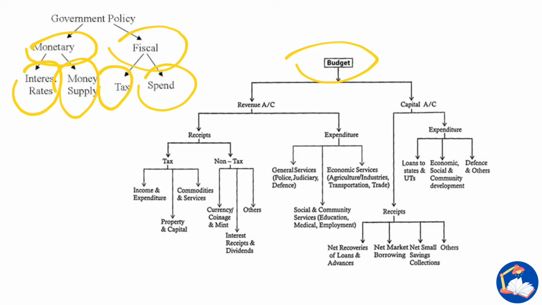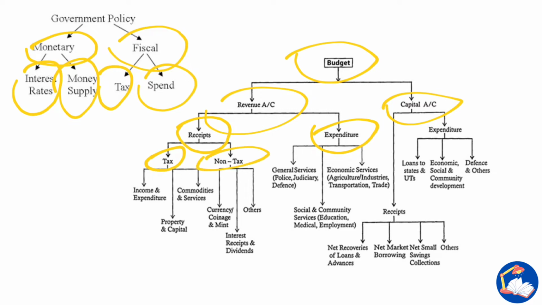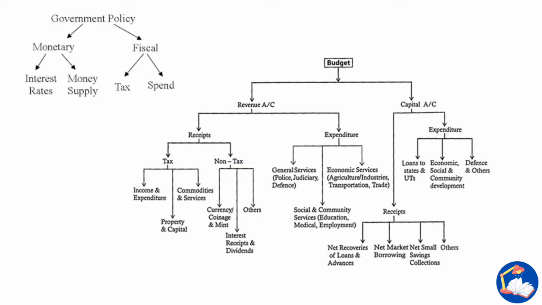In order to understand all these aspects, we need to thoroughly understand what forms a part of a budget. So budget can be divided into revenue account and capital account. Under revenue account, there are revenue receipts and revenue expenditure. Under receipts, we have taxable receipts and non-taxable receipts. Under tax, we have income and expenditure. We have property, capital, commodities and services. Under non-tax, we have currency, coinage, minting, creating new coins, and interest receipts and dividends are also there